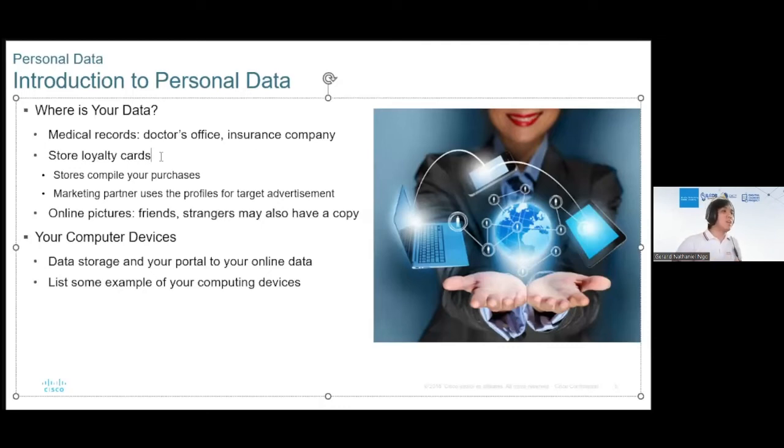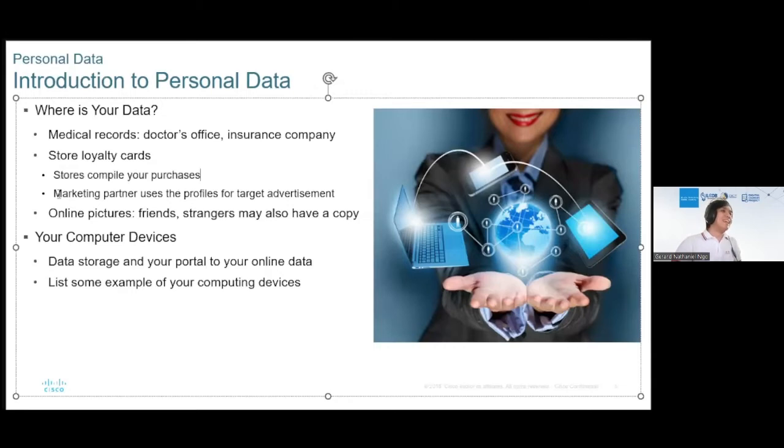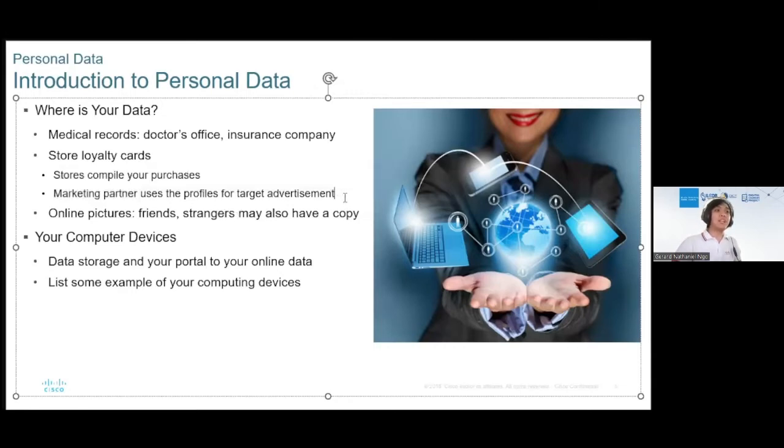Okay, so store loyalty cards. They obviously compile your purchases because they have to send it to PIR. The marketing partner uses the different profiles for targeted advertisements. That's why most of the time we get spam in our email, and sometimes we get